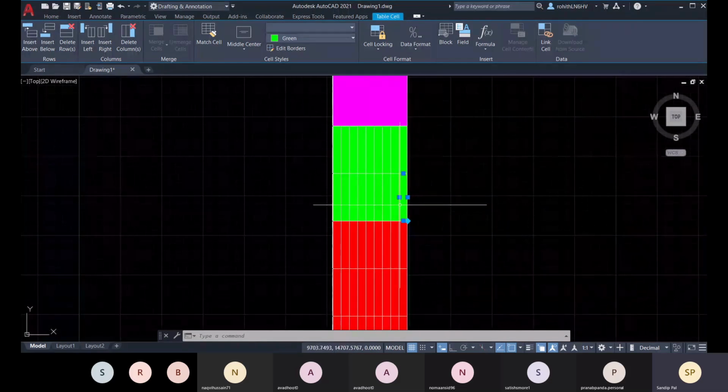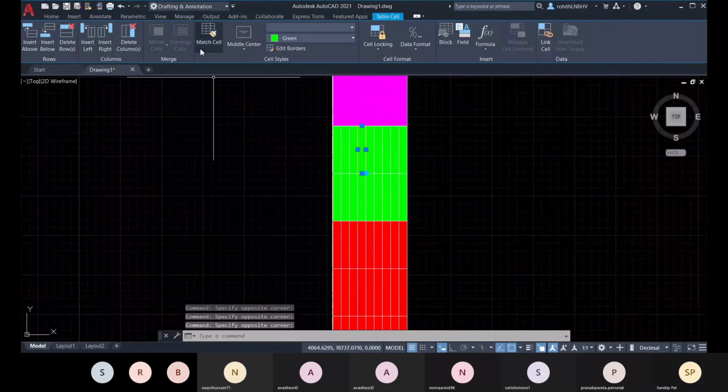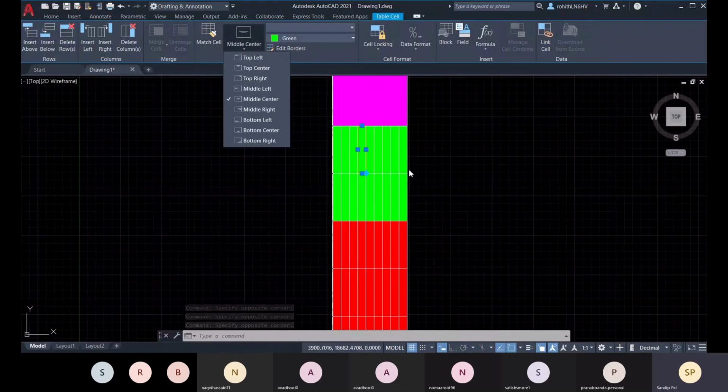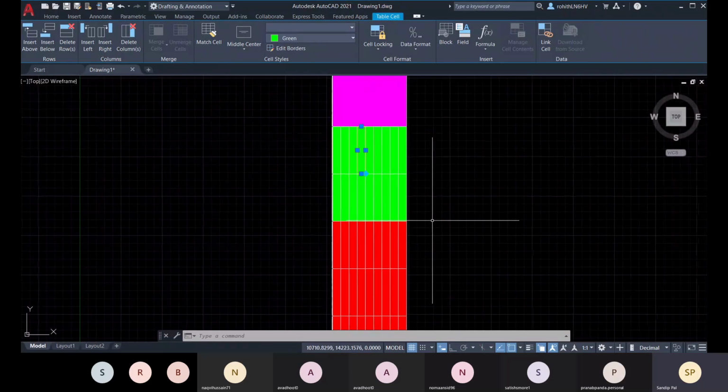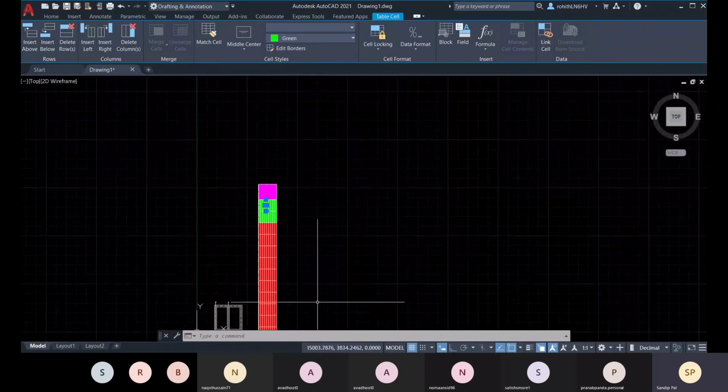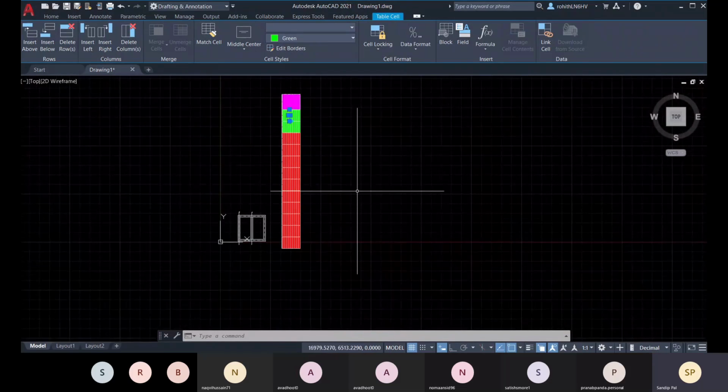Okay, and you can match the cell, and about the alignment, when you write anything, what will be the alignment for that text, everything is there. So you can edit your table, create your table, fill up your data, and manage it.